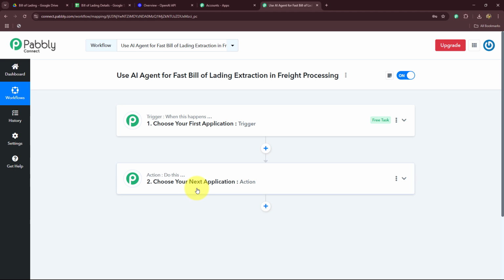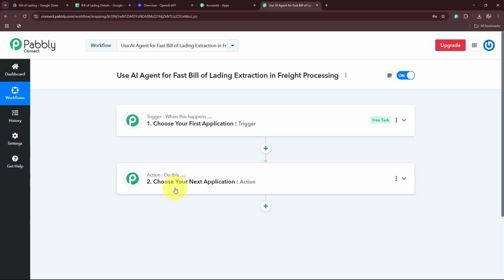Trigger and actions are the two main concepts, the principles, or we can say these are the building blocks on which the entire automation runs. Here the trigger says when this happens and the action says do this. That means the action is the response towards our trigger. Whatever we select in our trigger is going to command the entire workflow, and the actions are going to follow that same command. Therefore, we can have only one trigger in any workflow,